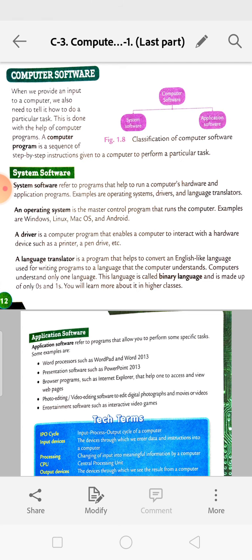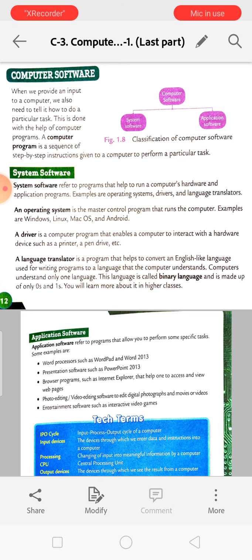These things are given to the computer. An operating system is a master control program. Master means all things are controlled by this operating system. And they are Windows, Linux, Mac OS and Android. In phones we get Android, in computers and laptops we get Windows, Linux and Mac OS.